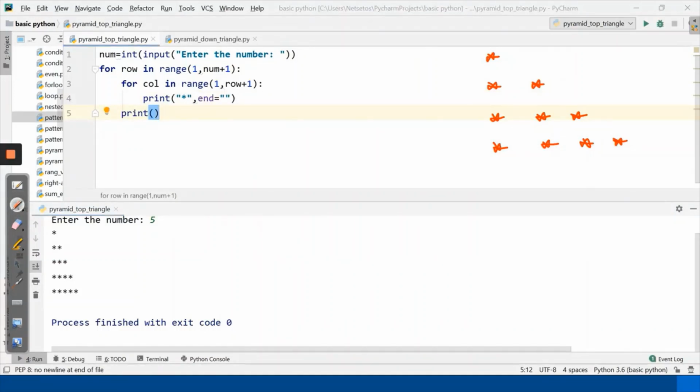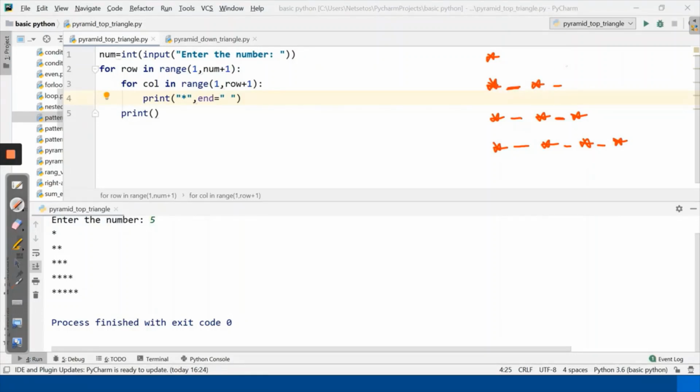Now what I want is to have a space between these. Like here one space, here one space. Between the stars I want one space over here. So what I'll do, I will go to the end statement and here I'll give one space, so that when it prints star, it can give space at that moment and will print in the same line.